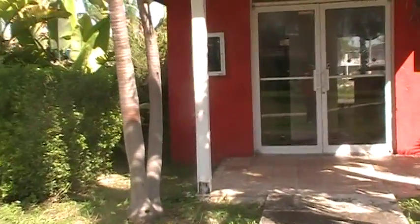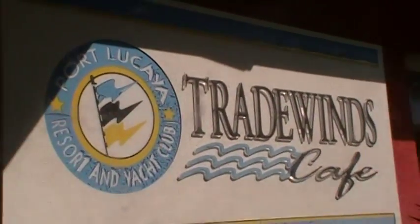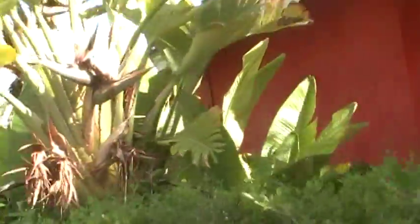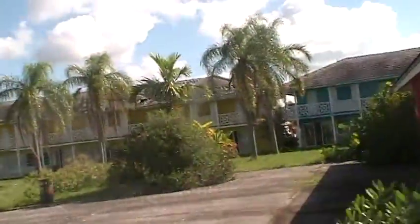I don't have access inside. I don't think I can get inside. Let me try. Oh yeah, I can get inside. And that was the name that was on the restaurant. You're going to notice in this restaurant that you can access it from the south, and we're heading towards the north side of the restaurant, which has a view